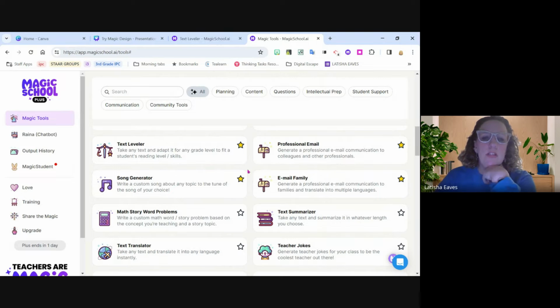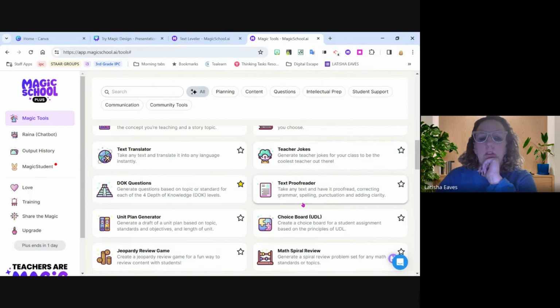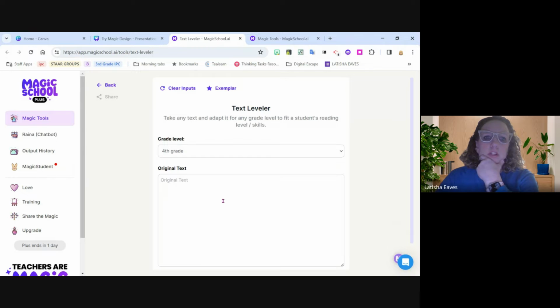You'll also notice if you're on the home screen of Magic School with all of the tools, if you ever want to keep one priority that you're going to use a lot, just click that star and it keeps it up here at the top for you. So like I have the ones that I'm going to be using today and a couple more up here at the top of mine. So if we were looking at text leveler,